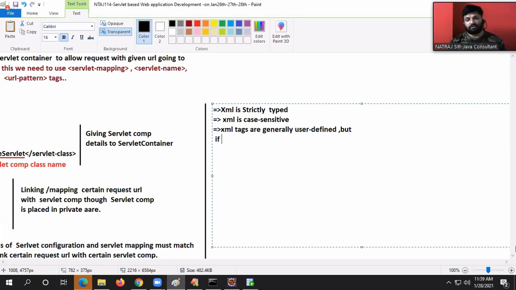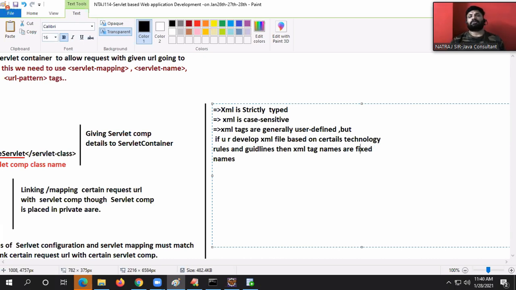XML tags are generally user defined, but if you are developing an XML file based on certain technology rules and guidelines, then XML tag names are fixed names.